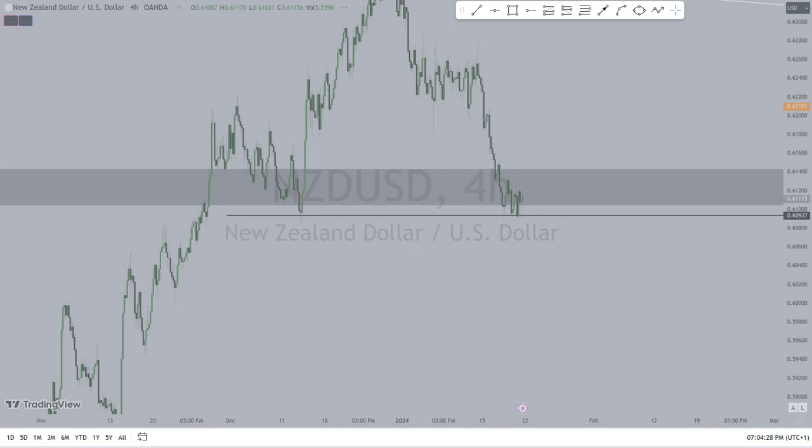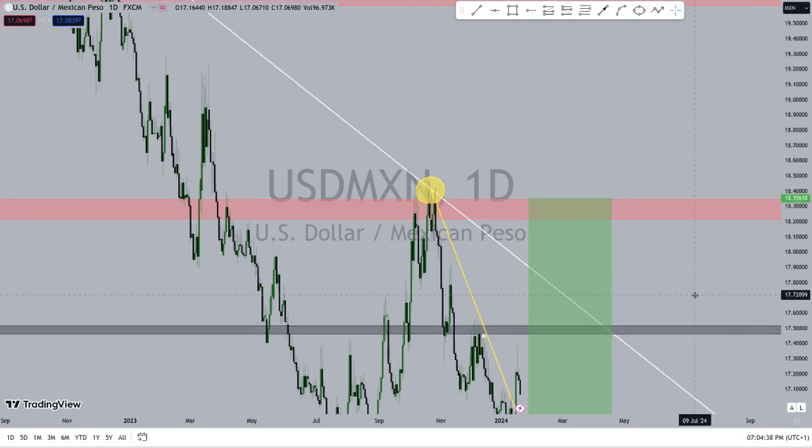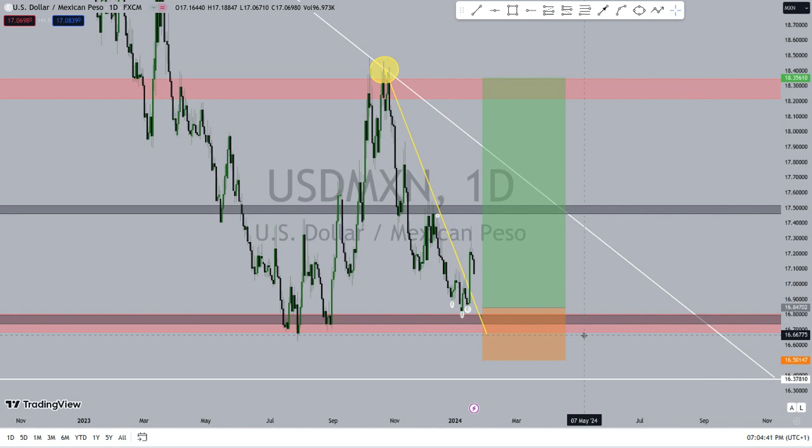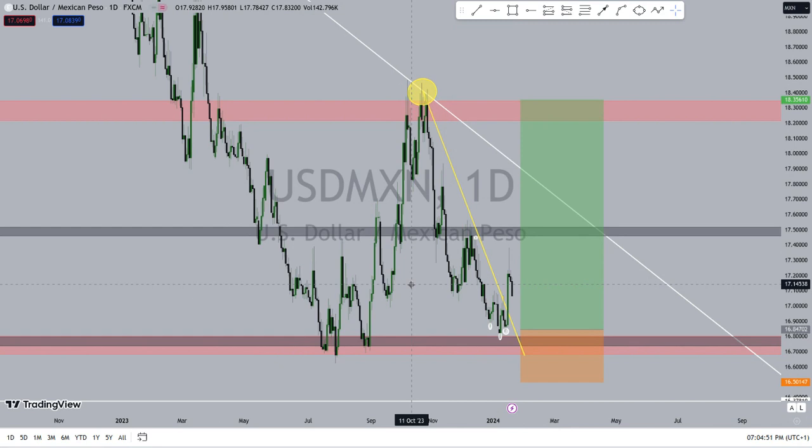Okay, USD against the Mexican peso. So guys, you can clearly see what we said about USD MXN, which is the US dollar against the Mexican peso, which we clearly said price